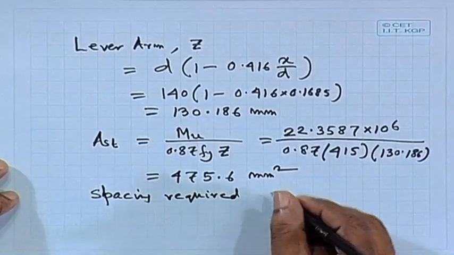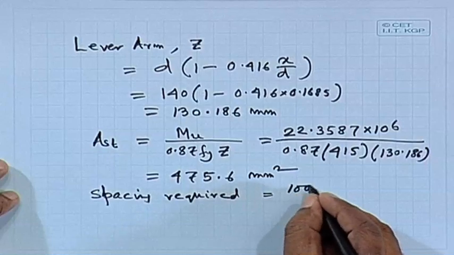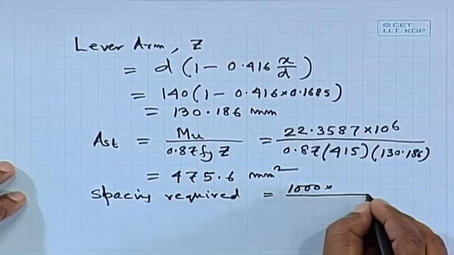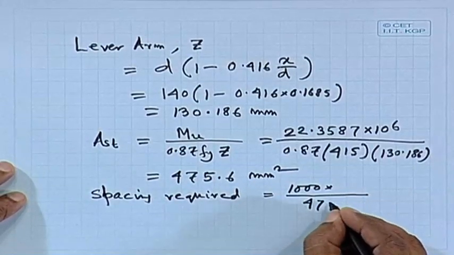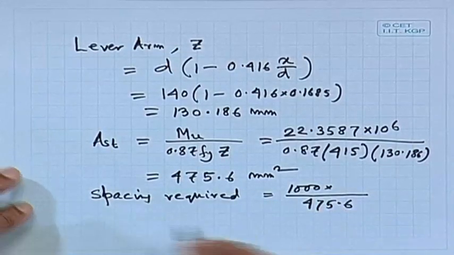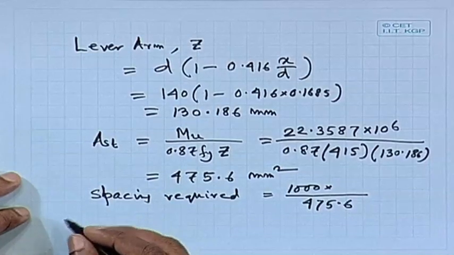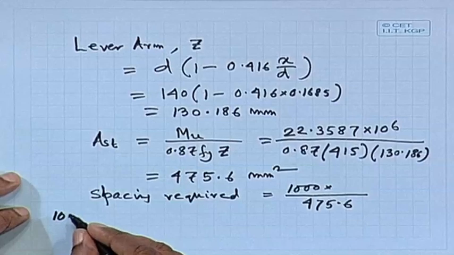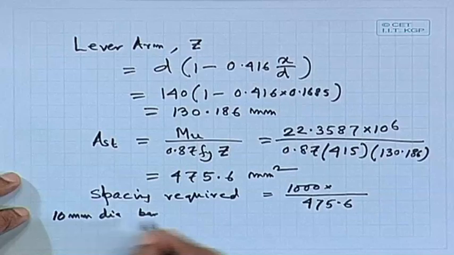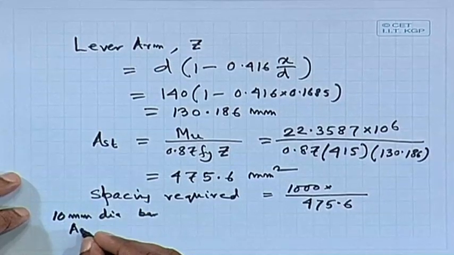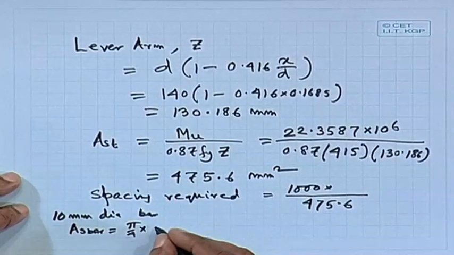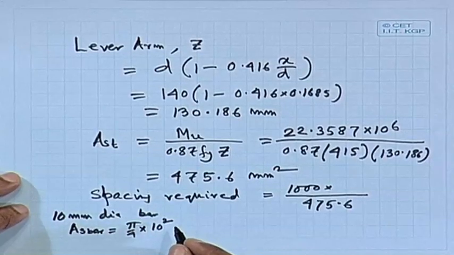So, spacing required equals 1000 times, so how many bars do we require? 475.6, that is the area of steel. Individual bar, let us take say 10 millimeter. So, we can get the area of the bar, if I consider,